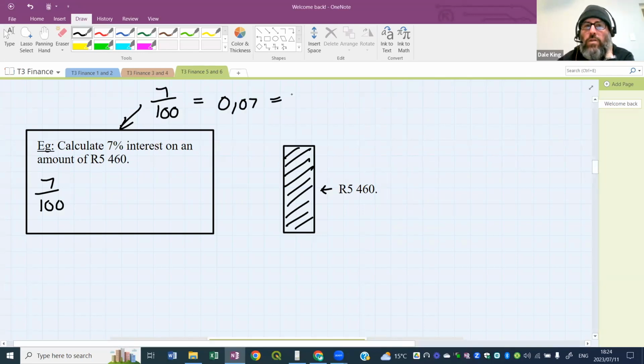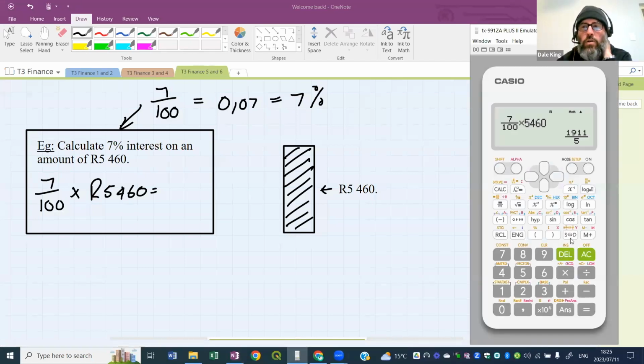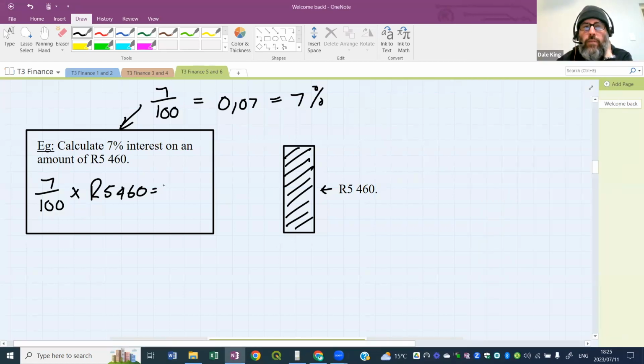All right. So these three things are all the same. They're interchangeable, and we know how to change between them. This is like a percentage calculation. We've done that before. So 7% can be written as 7/100 or 0,07 or 7%. I think the fraction method is the best one to use. So we're going to say 7/100 times, like what Abile said, 5,460. And you should all be able to do this. And you should all be getting an answer of 382,2.